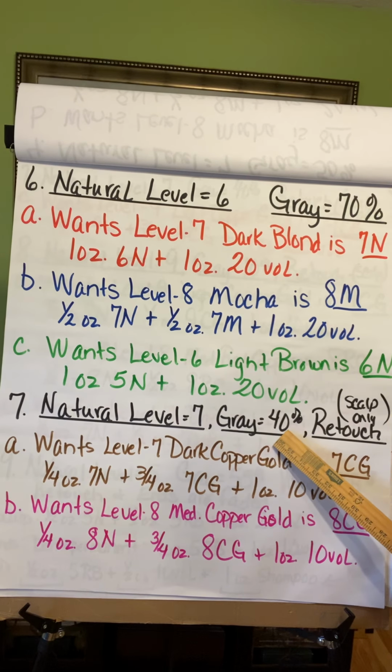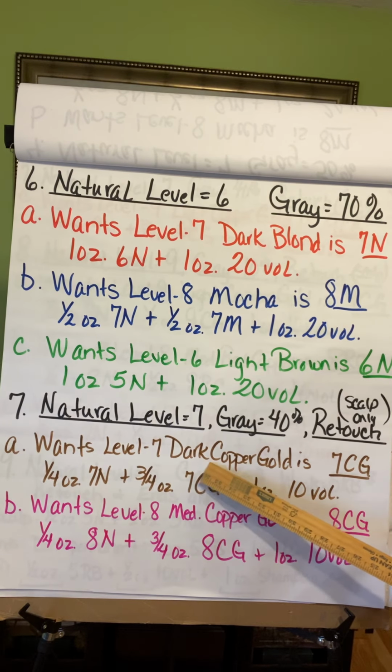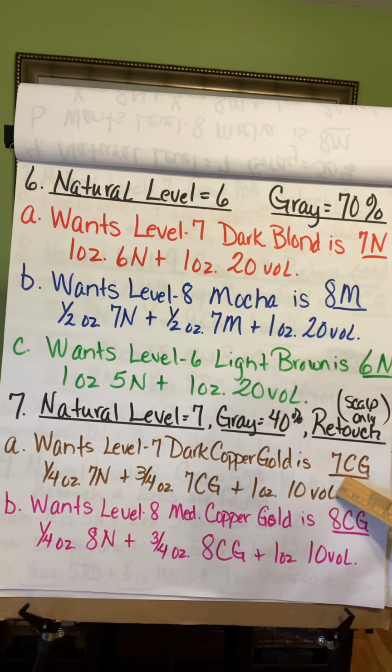Okay? In order for it to cover the gray. So A, she wants to be a level 7, which is level 7 dark copper gold. So it's written as 7CG. So look,